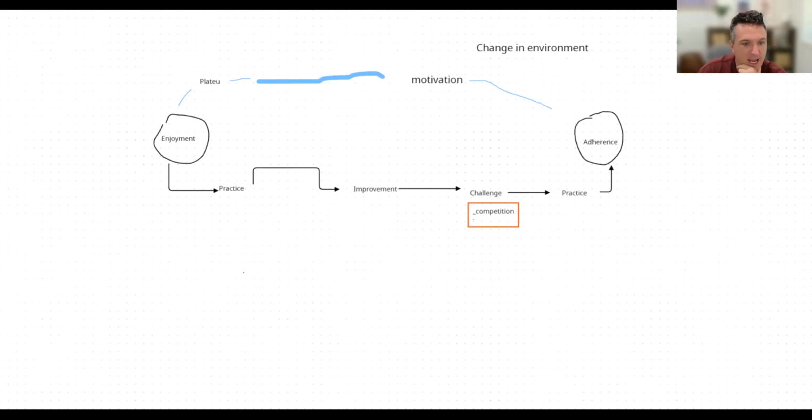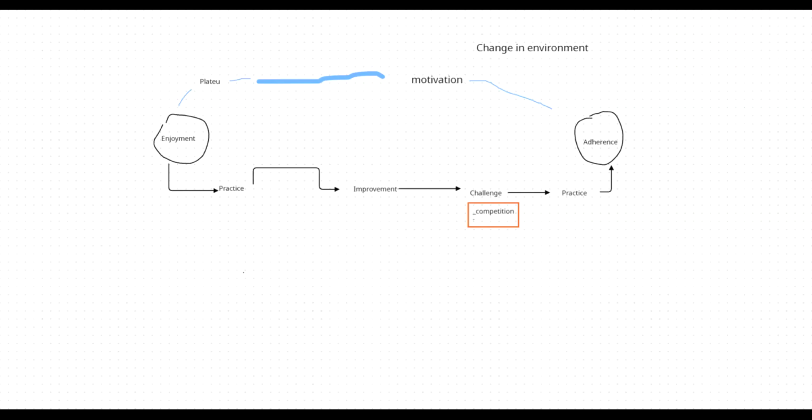And then here, Amy. So Amy saying, when you enjoy exercise, and interrupt me if I'm wrong, right? When you enjoy exercise, you practice more. When you practice more, you improve to a greater degree. When you improve to a greater degree, it decreases the challenge of competition. And then you practice less. Is that right?